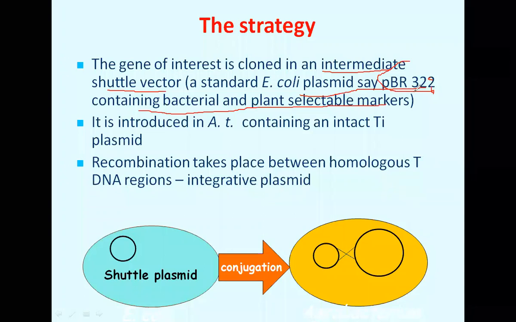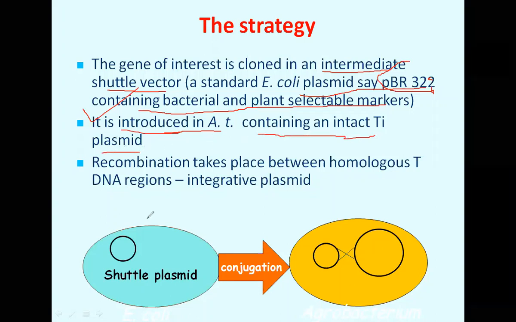So we would put the gene of our interest into this particular plasmid, making sure that this plasmid carries two selectable marker genes, one for selecting the bacteria and the second one for selecting the transformed plant cells, right? And then it is introduced into Agrobacterium tumefaciens by bacterial transformation process. So it's a very simple process where you provide a heat shock to the bacteria, and then this particular plasmid, this pBR322 containing the gene of your interest, will get into the Agrobacterium. So this Agrobacterium contains an intact Ti plasmid,